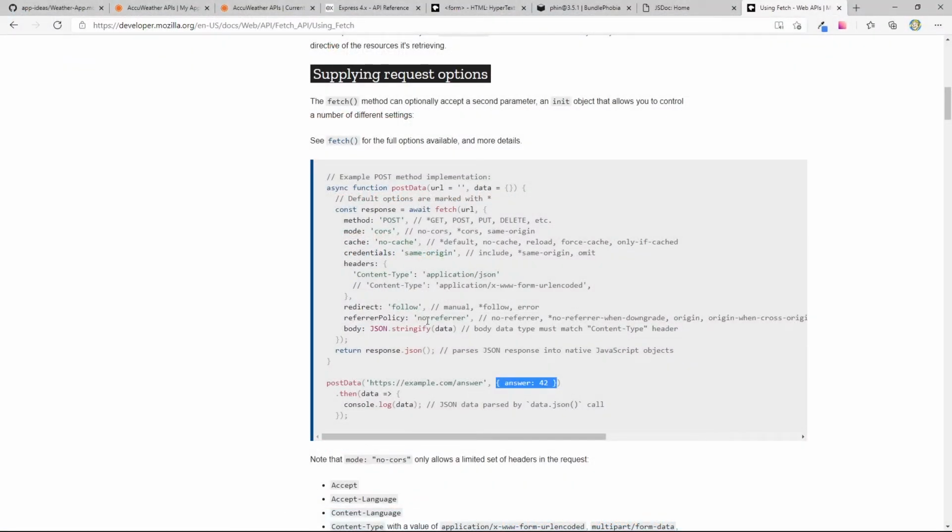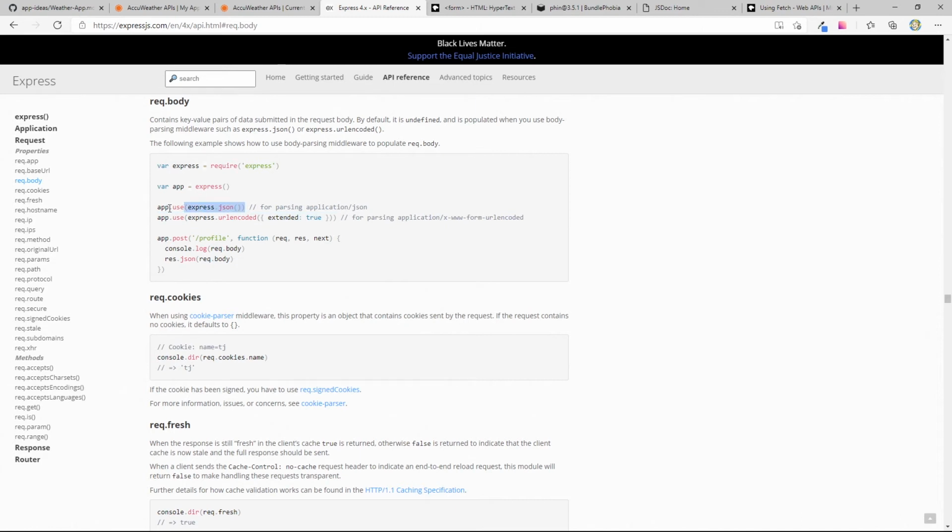So post data, this data here, the only time we see it again. Oh, body data type must match content type header. Okay. I mean, does it need to be? Maybe it doesn't even need to be, maybe that's just because of how the form is being used. Okay, let's think about this. So now let's just use app.use express.json since now we're going to be using application JSON.